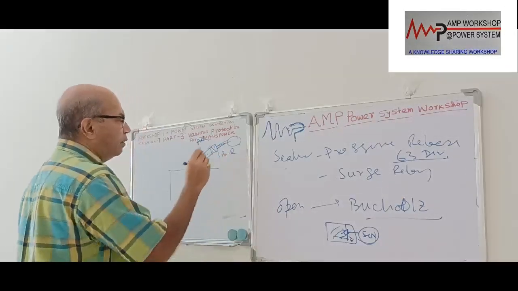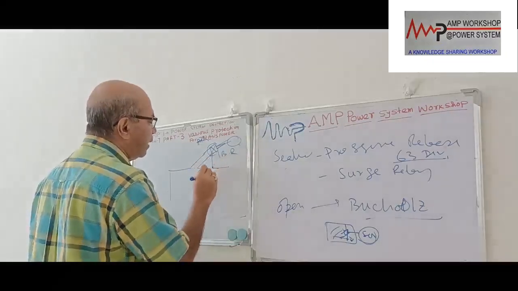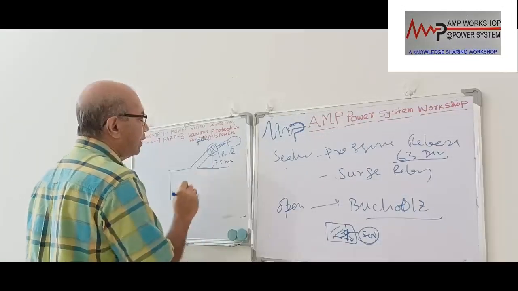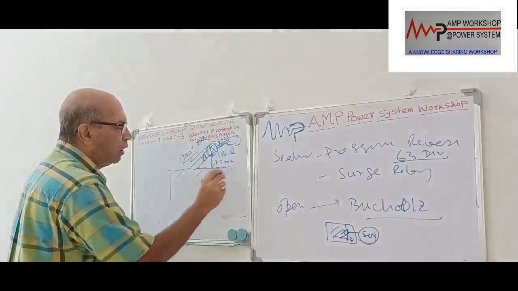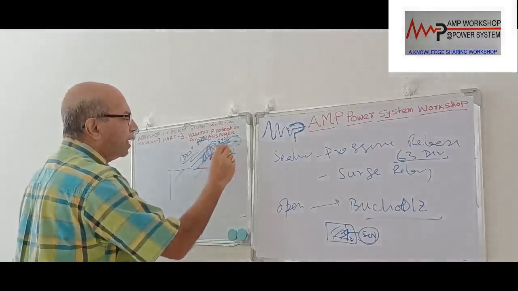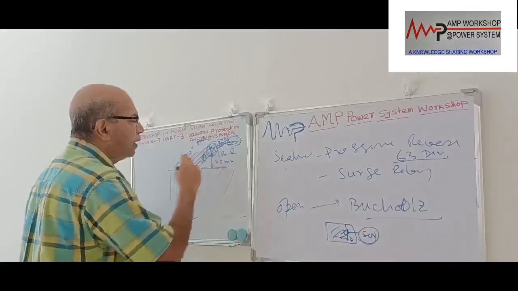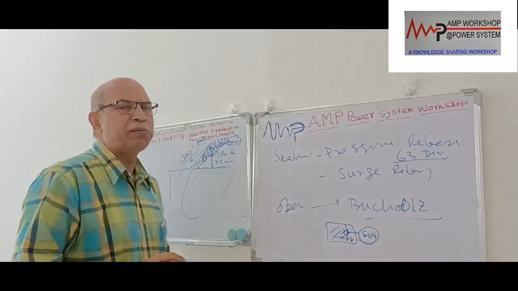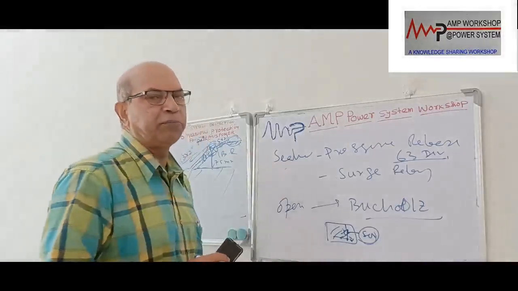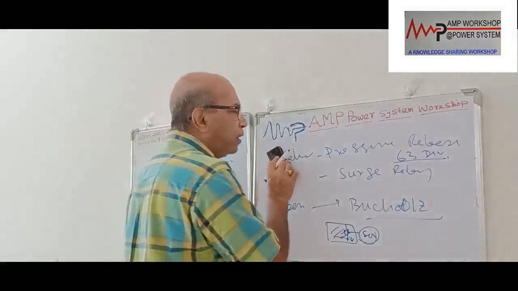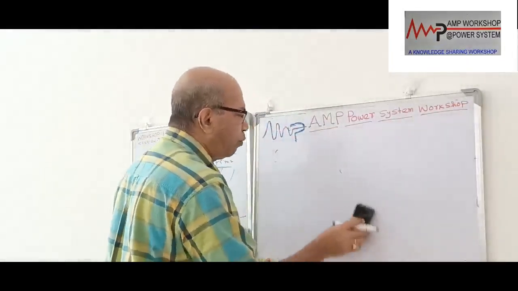Okay. Now there is a rule for this connection. If you want to connect the Buchholz relay from the transformer tank, it will be at 75 millimeter height. When there is a heavy fault in the open type transformer, what will happen? This transformer is fully filled with oil. Oil is up to this level. Suppose the tank is this level. So this wave along with the gas will go and operate the Buchholz relay, and the Buchholz relay will give the trip command. So this is called 63, the pressure relief device protection for the transformer. Okay. So these devices are already on the transformer, so we need not bring in a foreign device to protect the transformer.